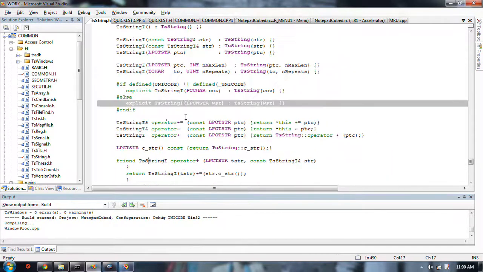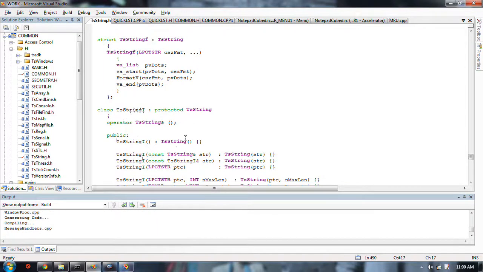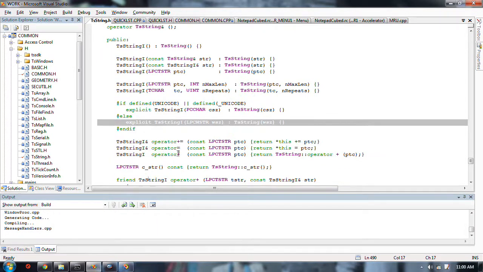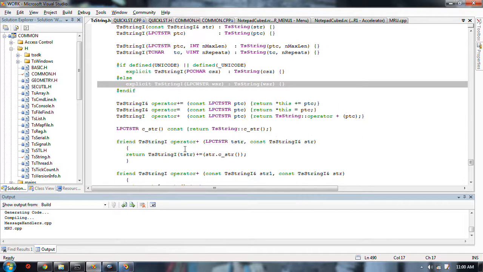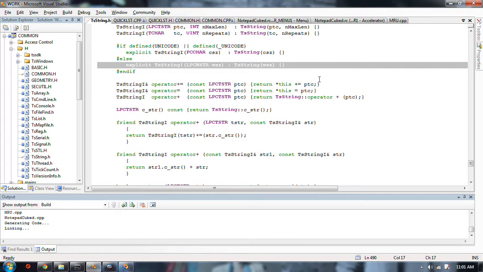Well, imagine if you made a list using these types of strings rather than regular strings, right? Then, if it was a list of path names or something, and you wanted to search for a particular path name in the list, you can just use the regular find, right? The find function doesn't know about strings or anything. It just says if this is equal to that, then return.